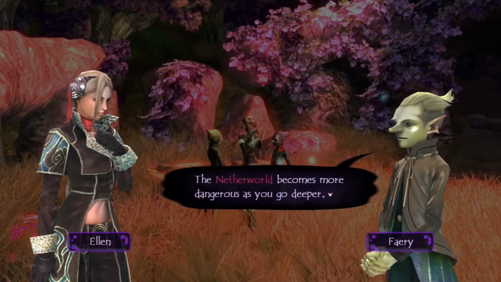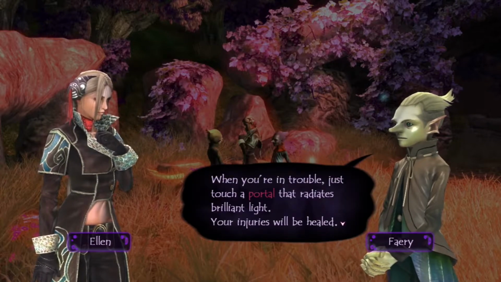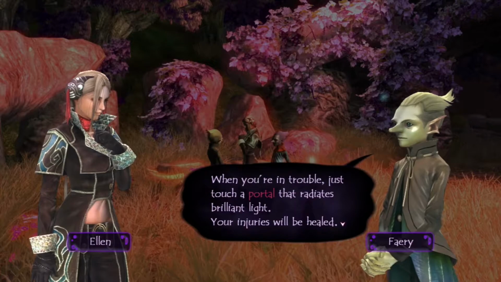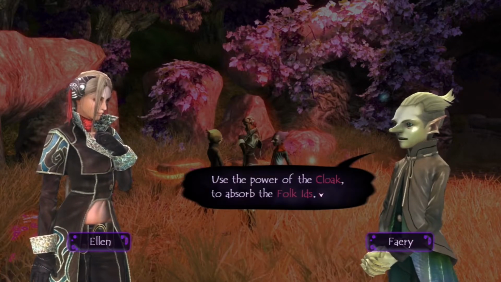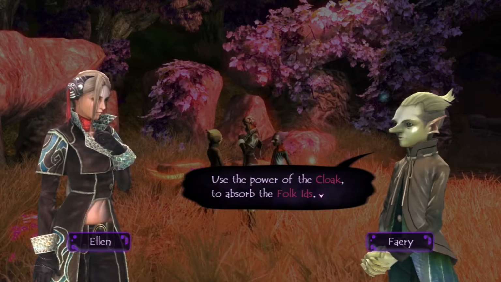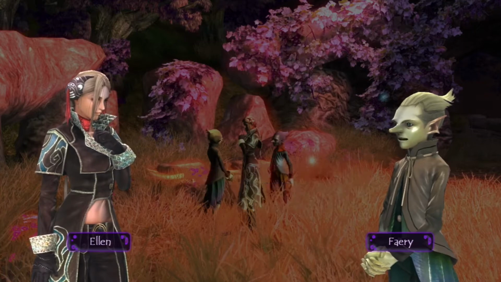The Netherworld becomes more dangerous as you go deeper. When you're in trouble, just touch a portal that radiates brilliant light. Your injuries will be healed. Use the power of the cloak to absorb folk IDs. Oh. Then use the folk who's...